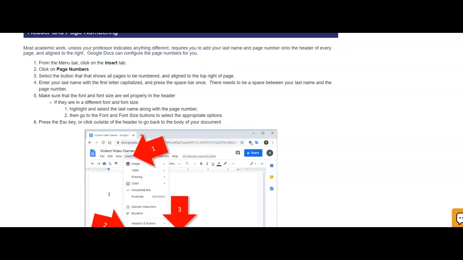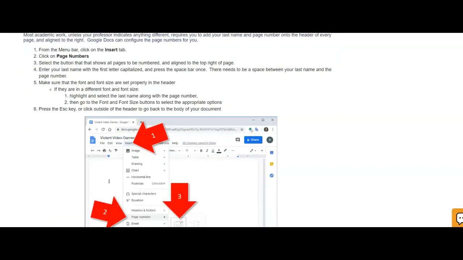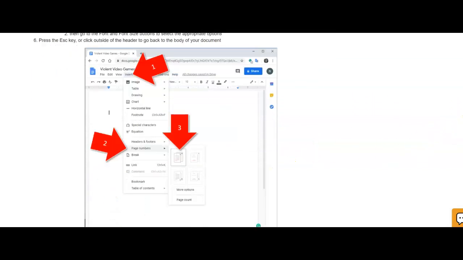After that, the next step is to insert your header. There's a header, which is your last name and page number, and then there's the heading, which is the name of the course, your teachers, and the date due, and your name, your full name. So to insert the header, you're going to click the Insert tab, click on Page Numbers, select the button that shows all the pages to be numbered. Scroll down so you can see. You're going to select this one,